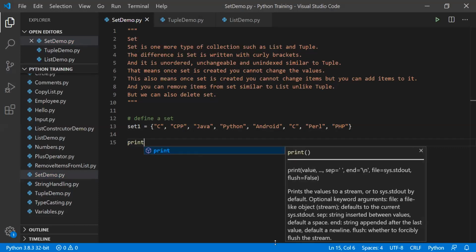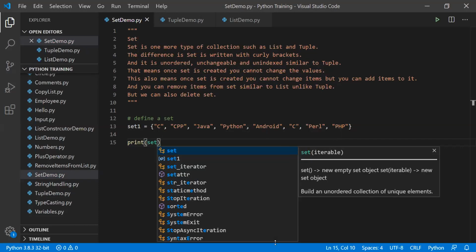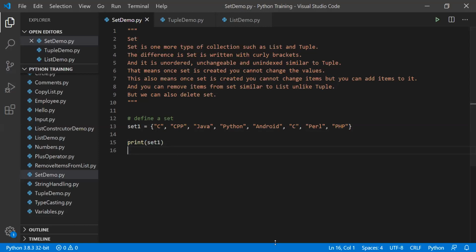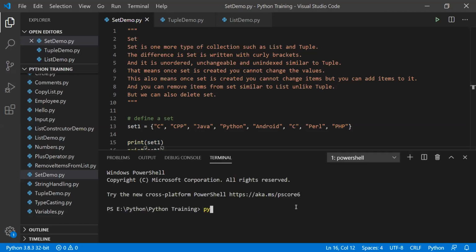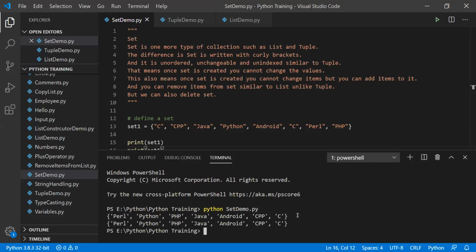If I print set1, it will print as it is. Let's see what output we get. Let's run set demo dot py. Can you see we are getting output?